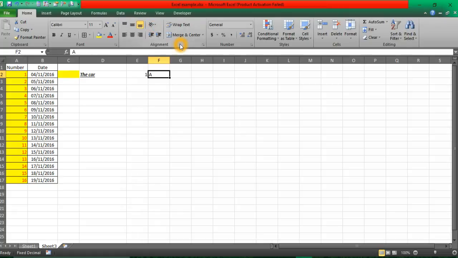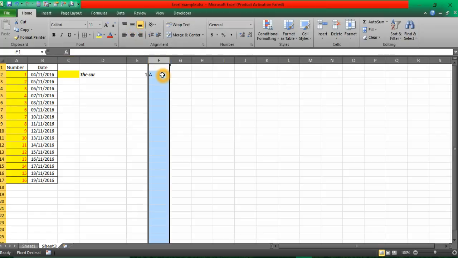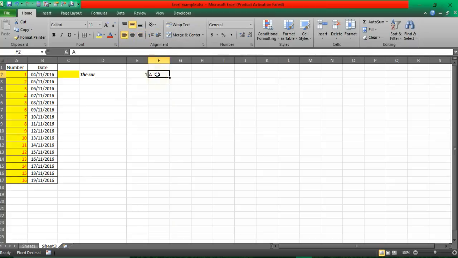So all these alignments are used to align where you want to show those particular texts. Suppose I choose this text and I want to show it in the middle area, so I can easily select this. When you want this text to be shown out of the box,